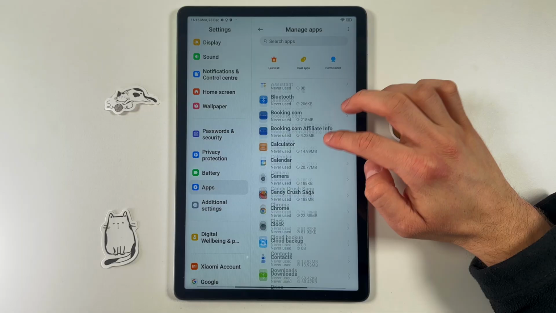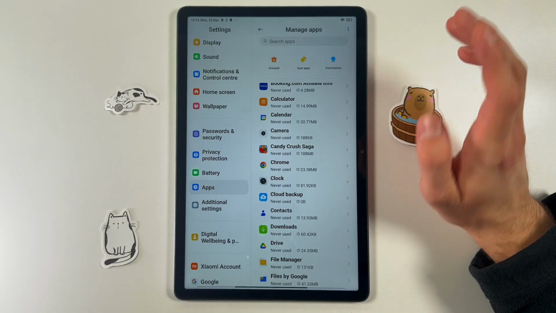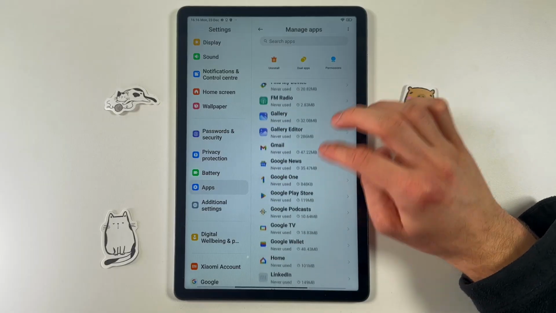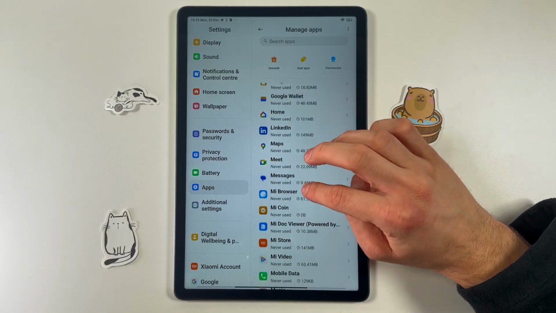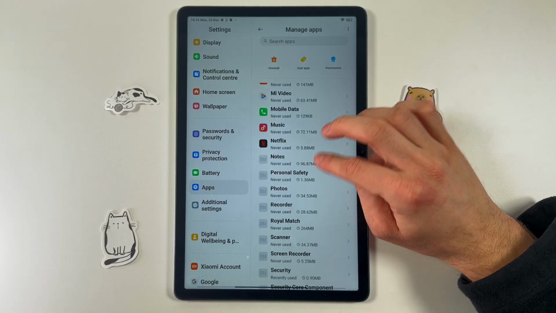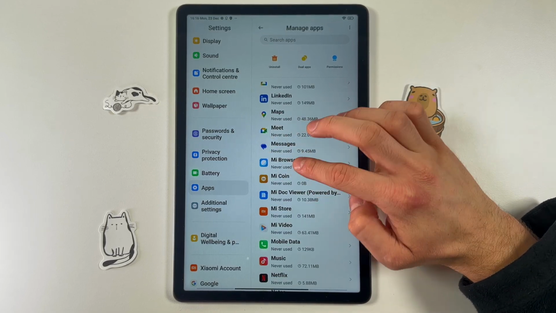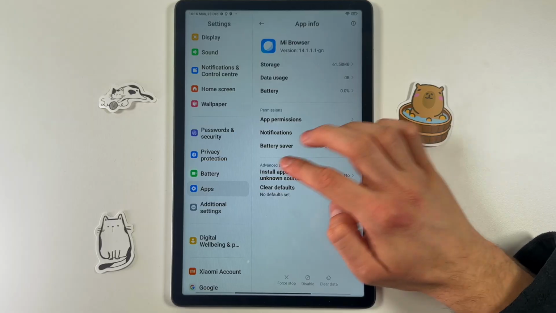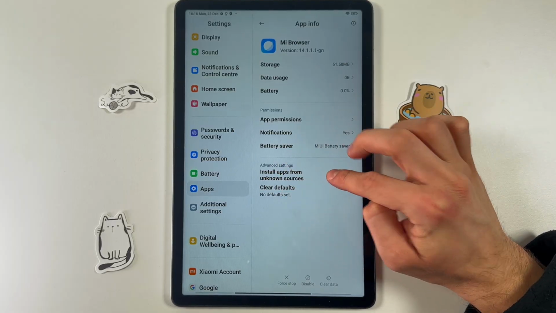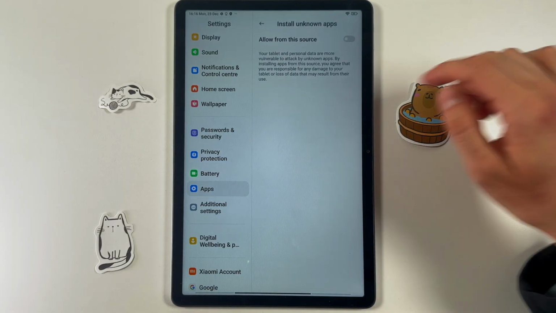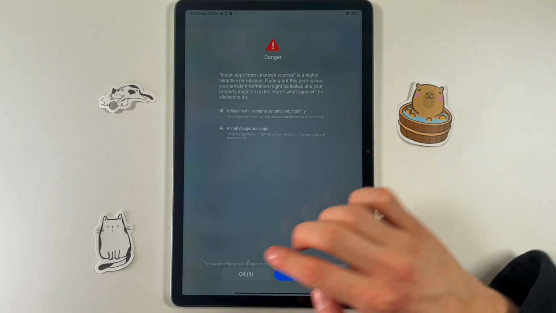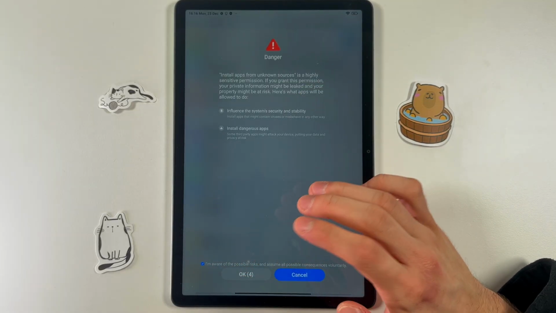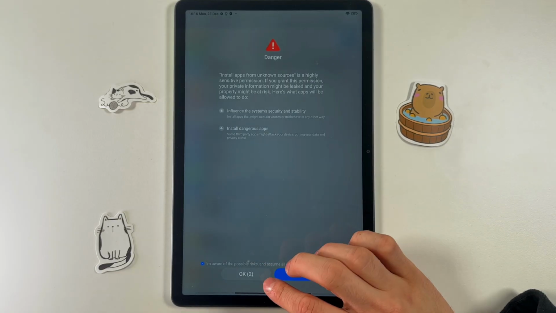Now we gotta find our application which we gonna give a permission. So for example, let's find our Google Chrome, because we're gonna be using that. Or maybe let's do it on the Mi browser. Maybe you're using Mi browser. And here in advanced settings, you'll find your install apps from unknown sources. So simply tap on the switch, confirm that you're aware of all possible risks, and now